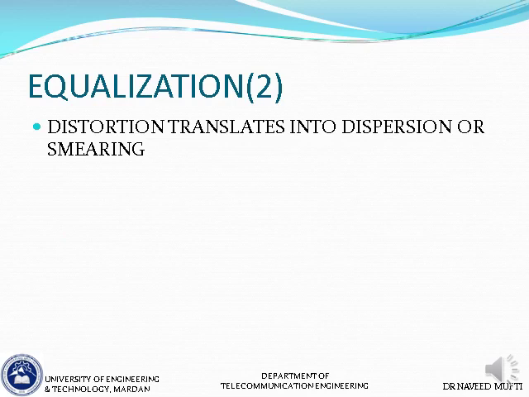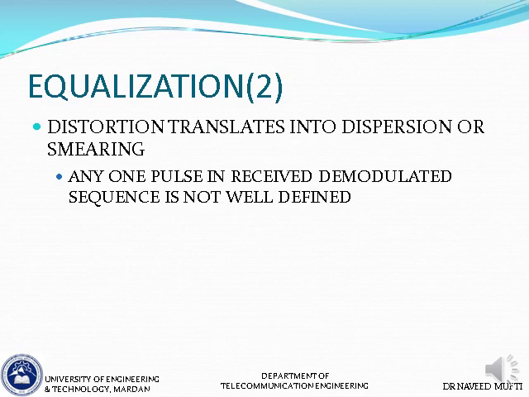So these distortions, whether in amplitude or phase, basically translate into dispersion or smearing. And because of this dispersion, any one pulse in the received demodulated sequence is not well defined. We are not clear about where it is starting and where it is ending, and because it is a spread, it has a long tail and it has gone on into the symbol interval of the next pulse, maybe the next pulse as well. So we have a problem,